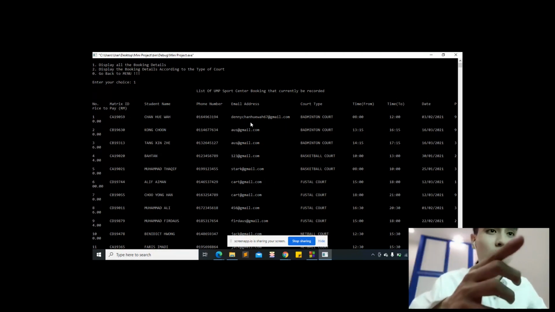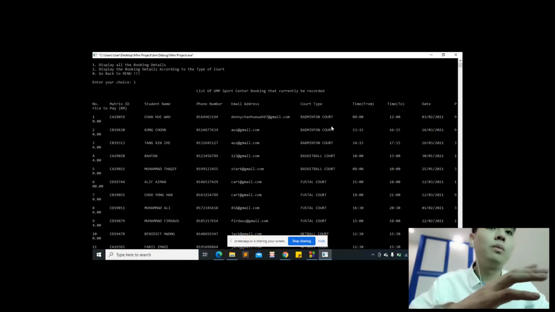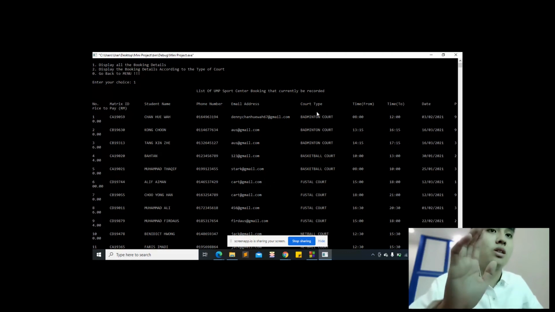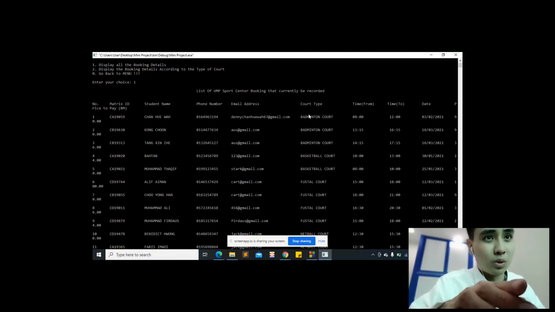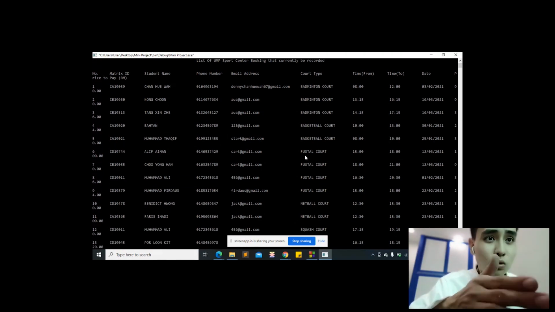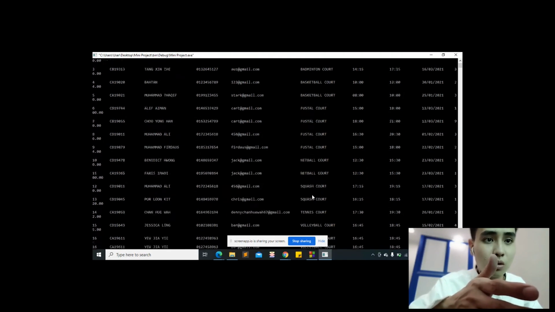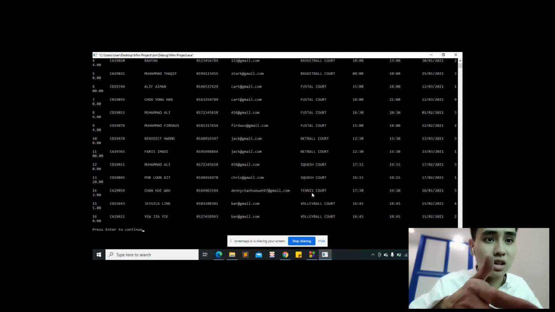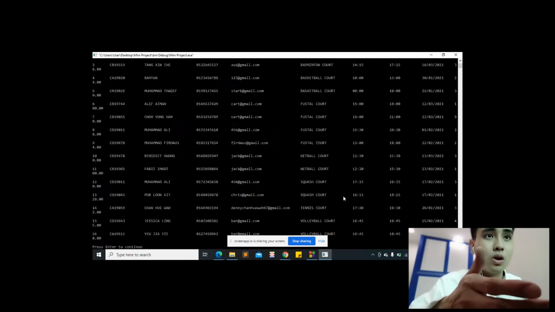This order is sorted by the code type, which starts from the badminton code, B for badminton, basketball, and the following is football, F, football, netball, squash, tennis, volleyball.